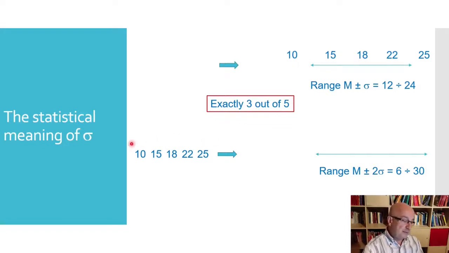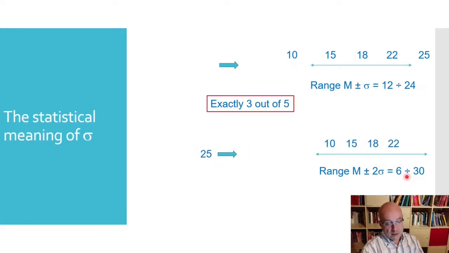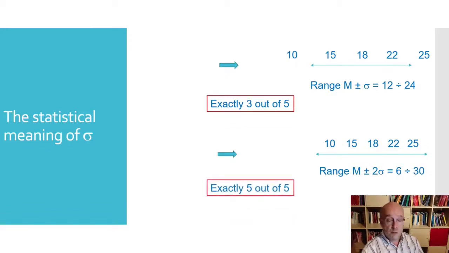What happens with the 5 values with respect to the second range, which is the mean plus minus 2 standard deviations, so a range between 6 and 30? The expectation is that all of the 5 numbers are within the range, or just a number very slightly outside of the range. But 10 falls within the range. 15 falls within the range. The same for 18, 22, and 25. So at the end, the expectation was that all of the 5 values of this real distribution fall within the range. And that's exactly what we got.